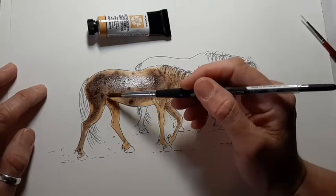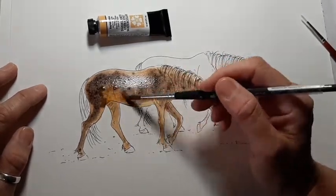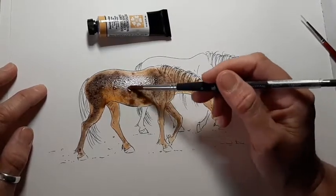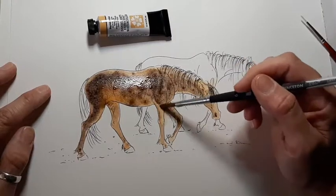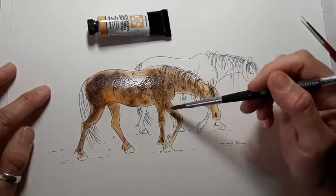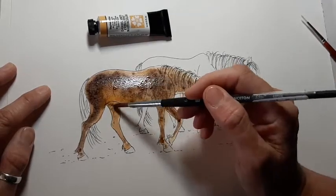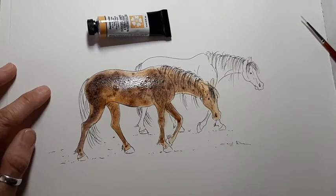Okay, I'm going to add a little bit more of this and see how this blends back in together here. So this horse is going to be a nice dark brown, I think. And then the other one we might make a reddish brown. And I will leave this to dry in a second while I work on